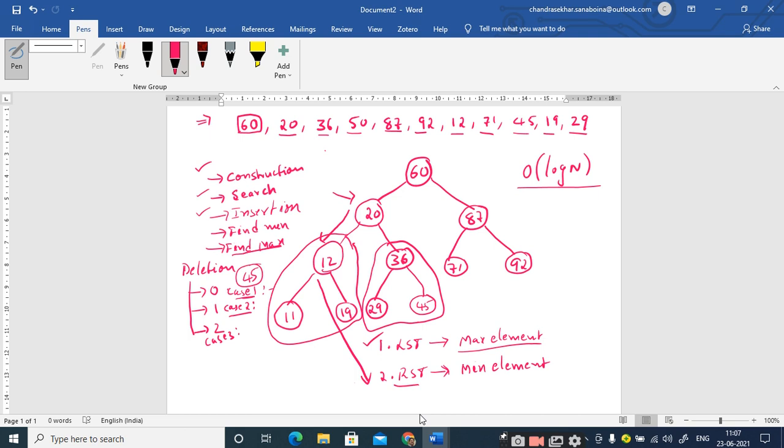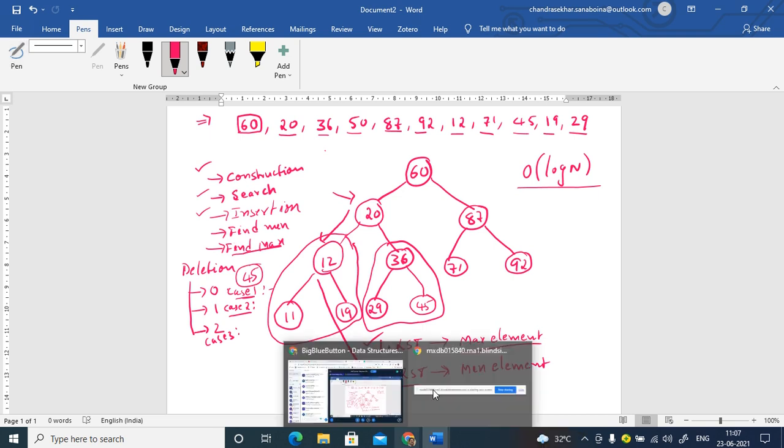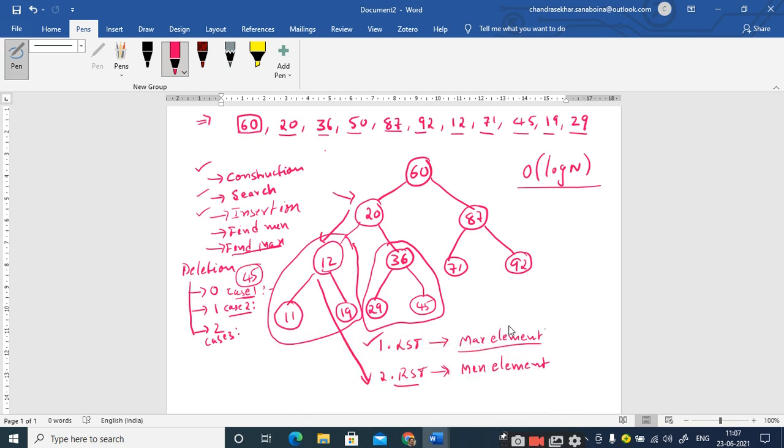So you are going to listen carefully. Once again I am repeating. Whenever you want to replace a node which consists of 2 children, you can do it in 2 ways. Either you can replace it with the maximum element from the left subtree, or with the minimum element of the right subtree.